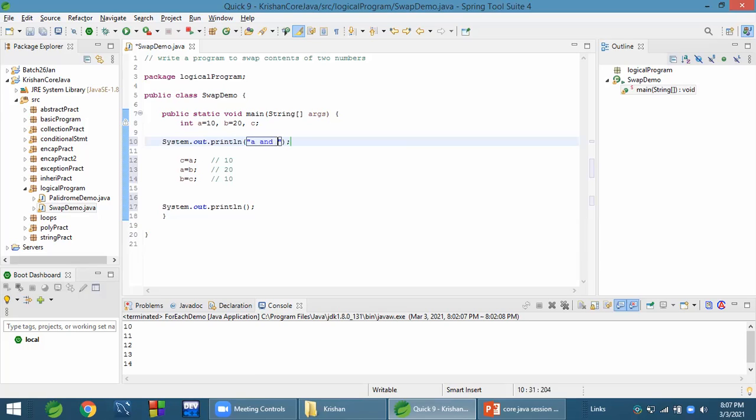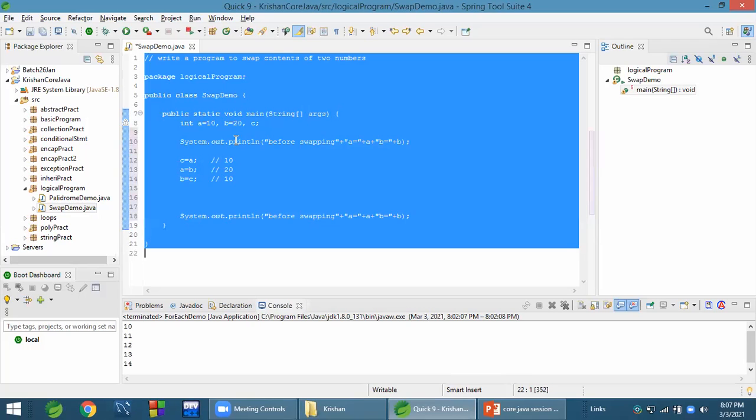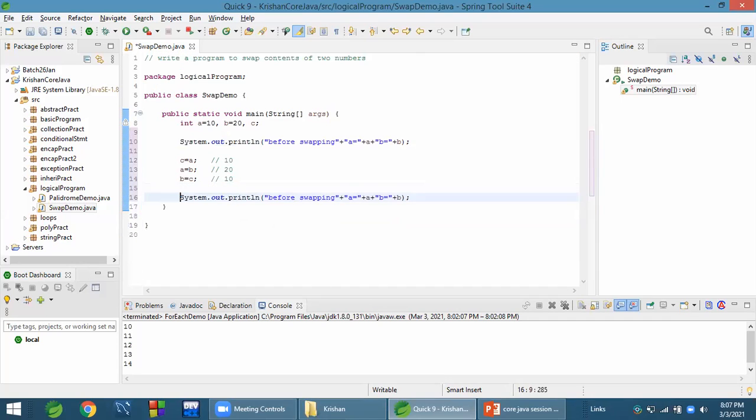A and B before swapping, plus A equals to plus A, plus B equals to plus B, and after swapping, A and B should be 20 and 10.